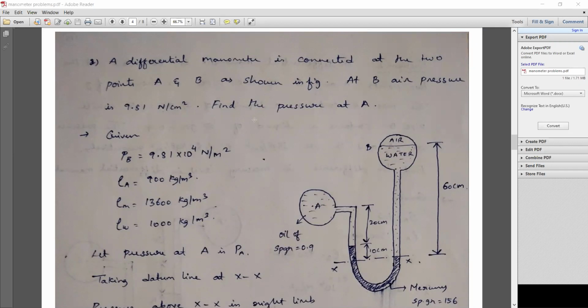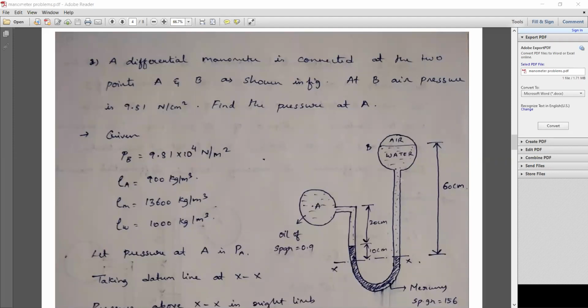So the pressure at point B is already given to us. So PB inside this tube is PB. Next, how much height of water is there? This air is given. We need to take this as the water height H. Okay, full height. So what will you get? PB plus this water.